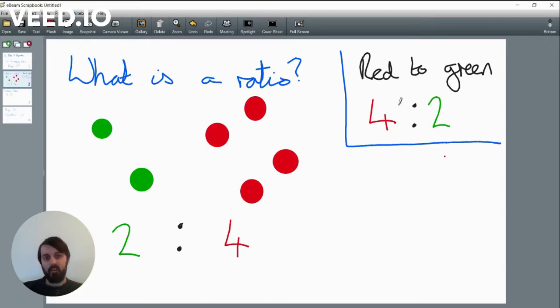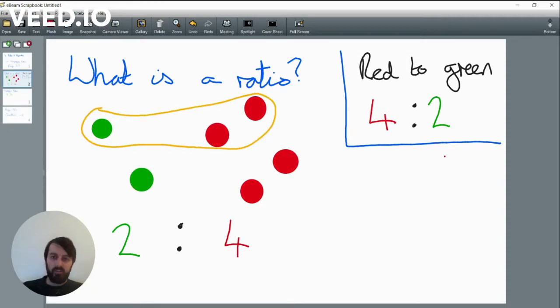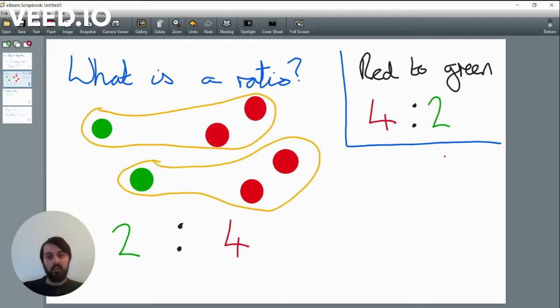The thing with ratios is if we had loads and loads of circles, it would be kind of complicated having a big ratio. So what we like to do is simplify them, a bit like fractions, make them as simple as we can. So when we say for every 2 green, there's 4 red, we could say for every 1 green, there's 2 red. See here, we've split it up into something smaller. And if we wanted to keep this pattern going, every 1 green, we'd add 2 reds. Okay? So this is the ratio, and we could write it simplified as 1